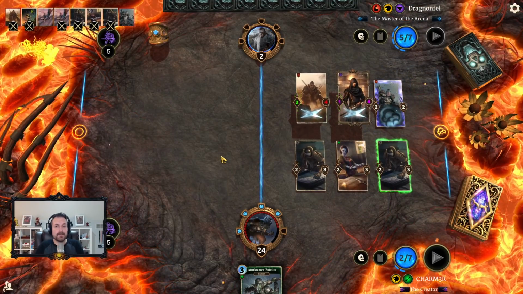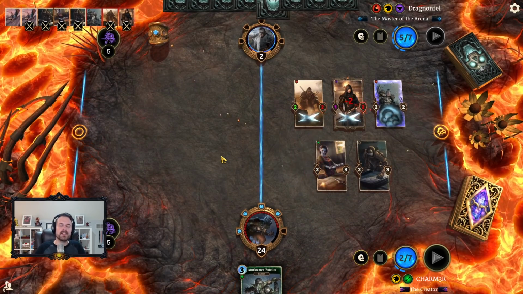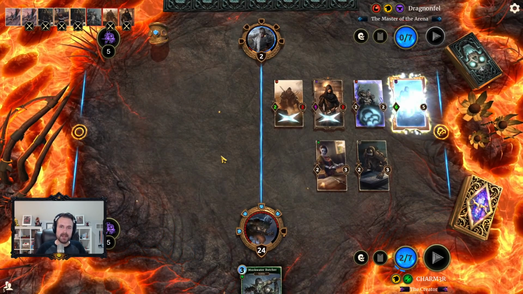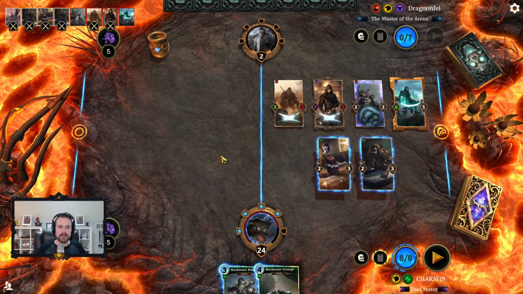Again, this is also showcasing why Skirmisher is so important, because this is a game that we easily could have closed out with a Skirmisher. And yeah, with that, we're now in top deck mode, right? We are struggling officially, so